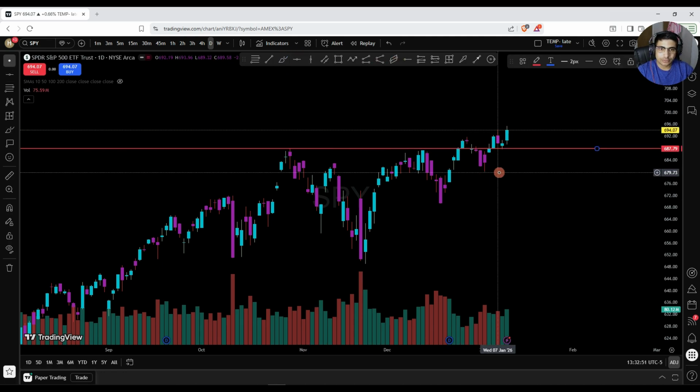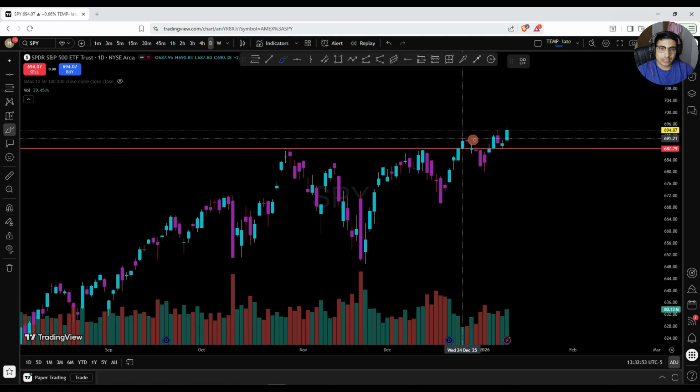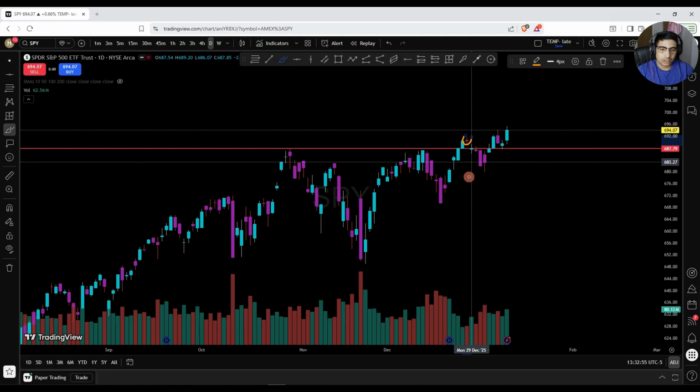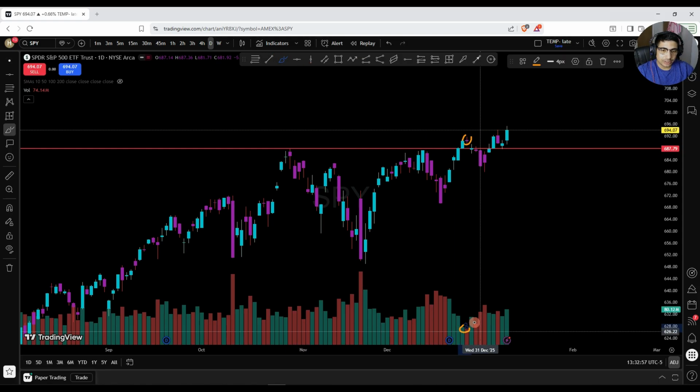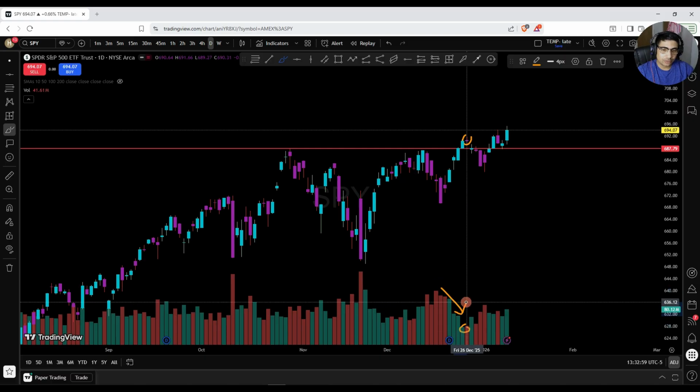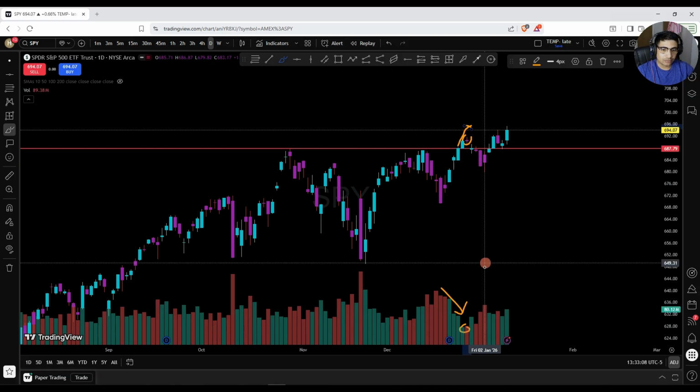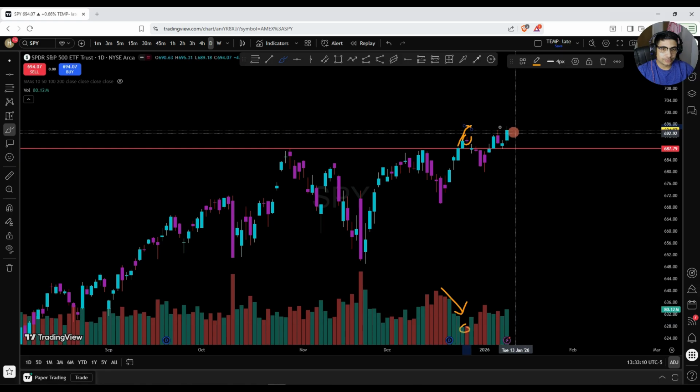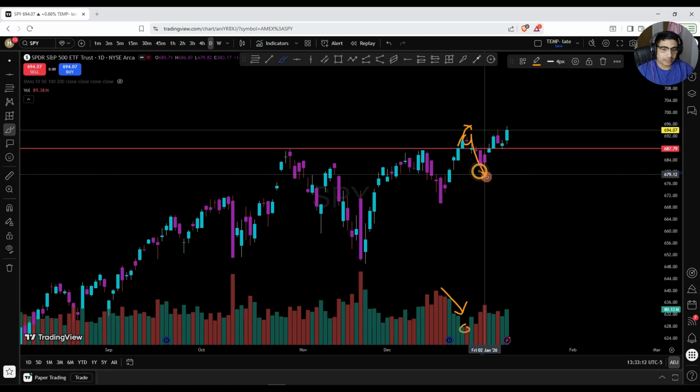at the resistance level that we had. When you see a breakout in this position, you should always look into the volume. But here you can see the volume was going down, whereas you were expecting it to go up and up. When volume is going down, there is a possibility this is just a fake breakout. That's exactly what happened. The volume was very low and then it just came back down again.